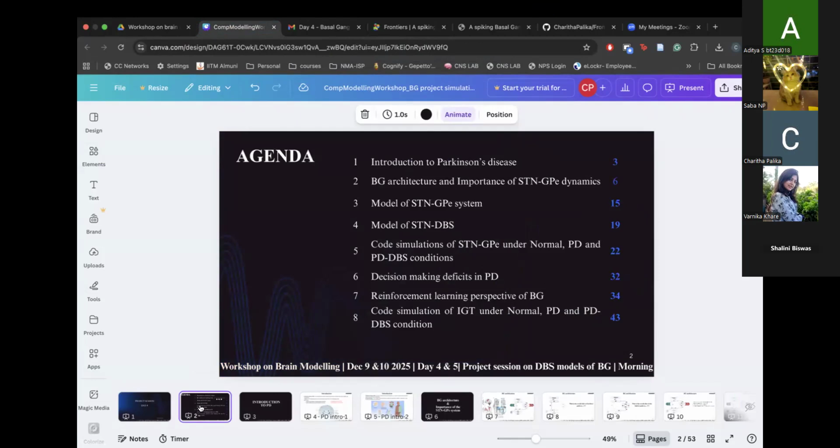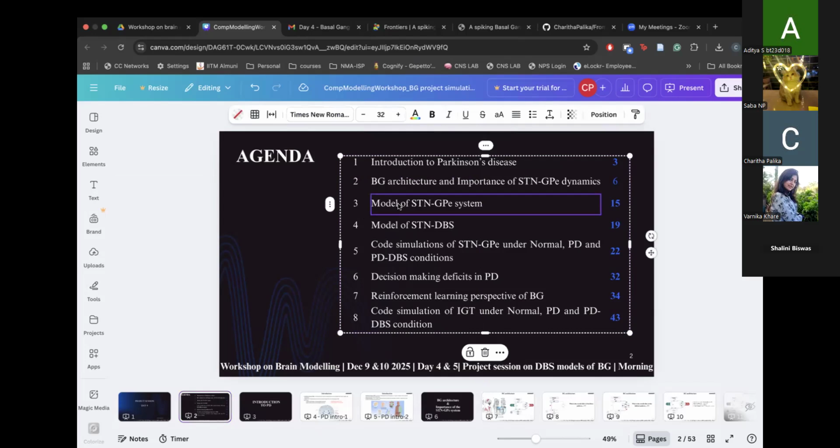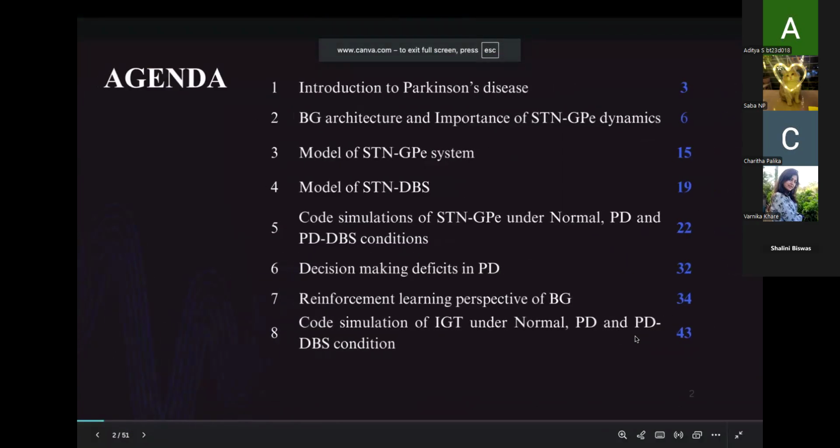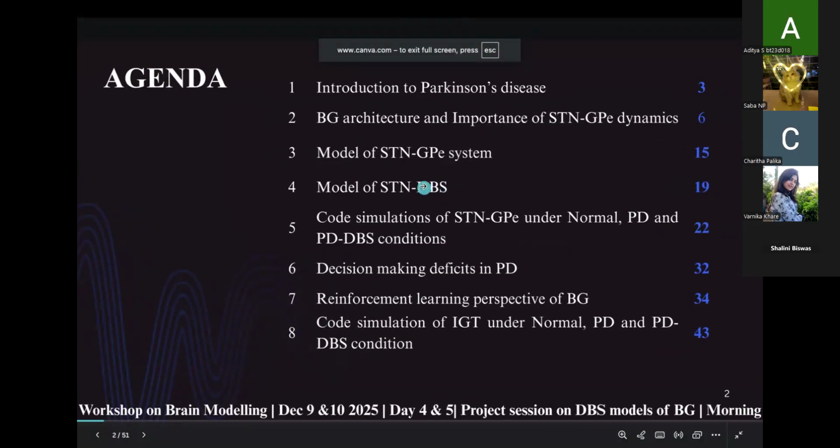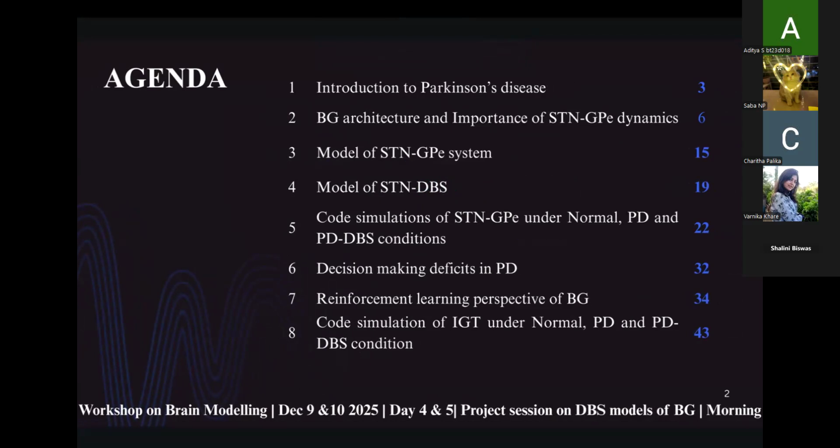Overall today, since it's basal ganglia, it involves Parkinson's disease. So we'll be starting with a basic introduction of Parkinson's disease, and then we'll go through the basal ganglia architecture and what these STN and GPe dynamics are and why they are very important for Parkinson's. Then we will look at the STN and GPe network model and how we simulate it under normal condition as well as PD condition, that is Parkinson's condition. Then we'll also have a look at deep brain stimulation of STN, which is a clinical procedure. I'll go through it very briefly during the session, and also a model of that deep brain stimulation method and